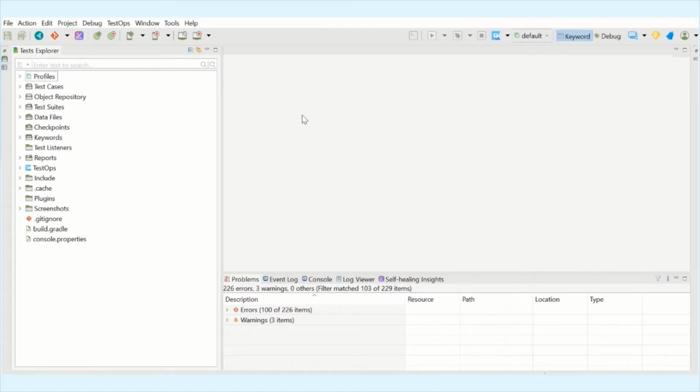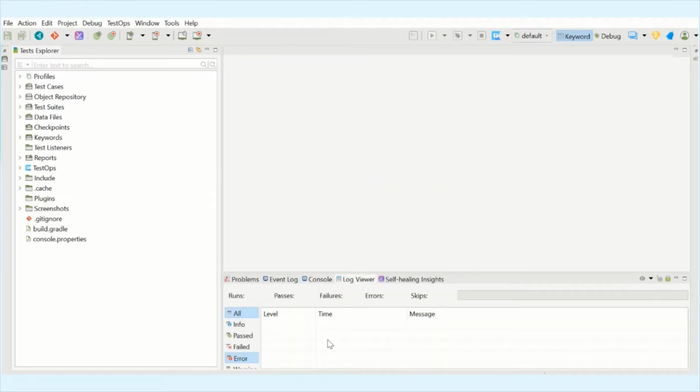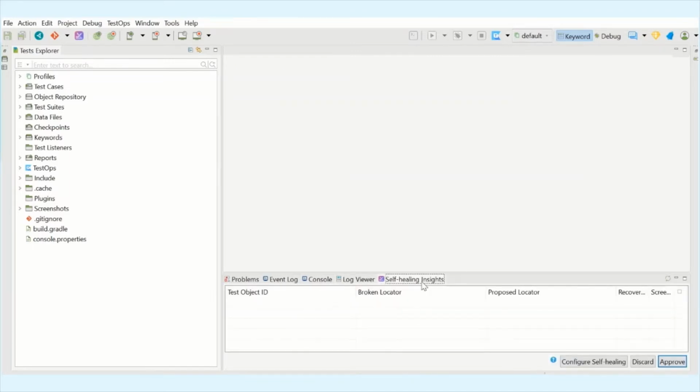I'll show what it is. Okay, and this side of the pane is where you write the code, and this part is where you can see the logs, the warning messages, and error messages after the compilation. This is the console where you can see the logs in detail. This is the log viewer. This is another place where you can see all the past test cases, failed test cases, or errors, or any information. So this is related to self healing. We'll discuss these in detail later.